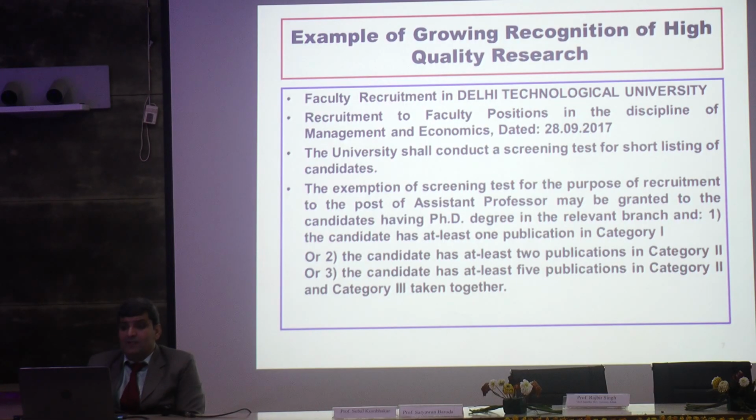Example of growing recognition of high quality research. This slide is taken from Delhi Technological University, and this is regarding data from their recruitment process. As we can easily understand,